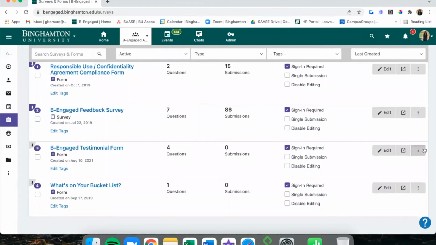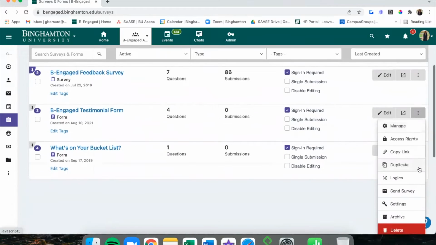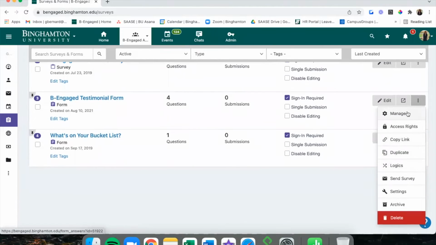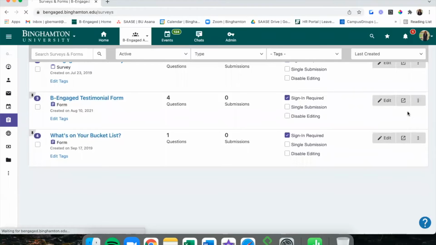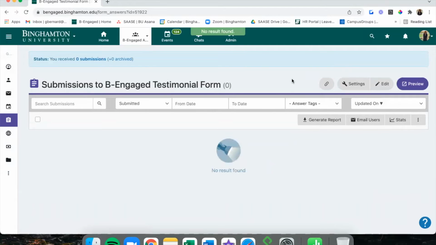So if you head to the three little dots, a drop-down will appear. And we'll go through each of these like we did with each of the options under the three little dots for every event. So the Manage button takes you to the list of submissions for your form or your survey or your poll. It stands for any type of form or survey you're creating in Be Engaged.